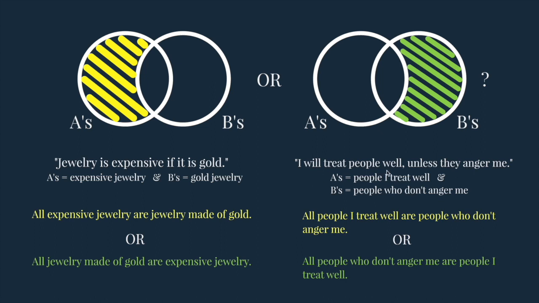I've got a sentence like, I will treat people well unless they anger me, where A is the people that I treat well, and B represents all of the people who don't anger me. Am I trying to say this, or am I trying to say this? Which one fits better? All right, so when I say that I will treat people well unless they anger me, I'm saying that